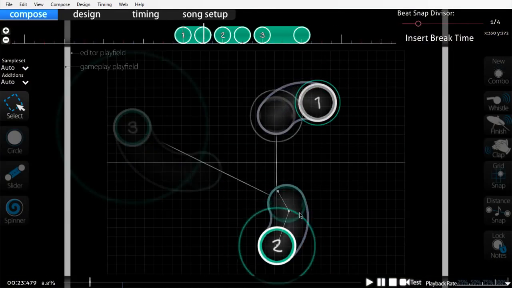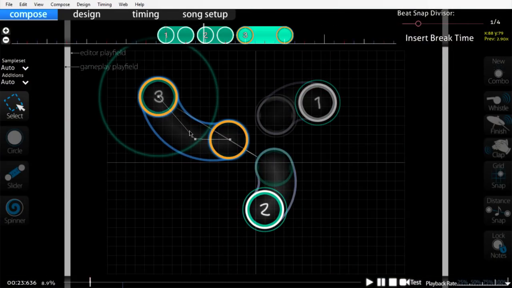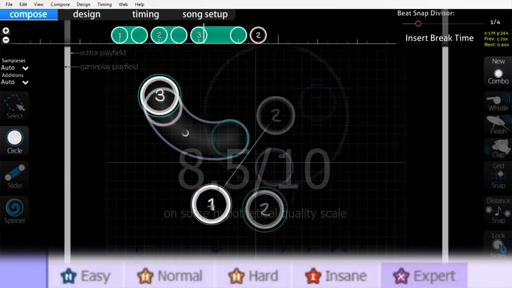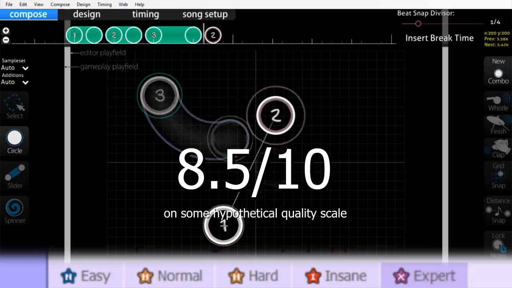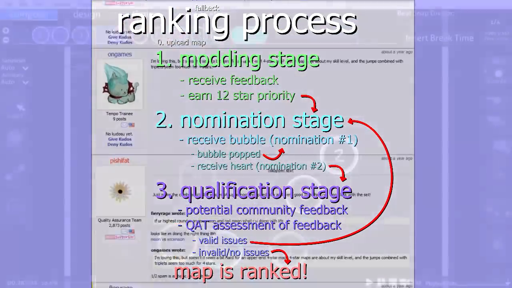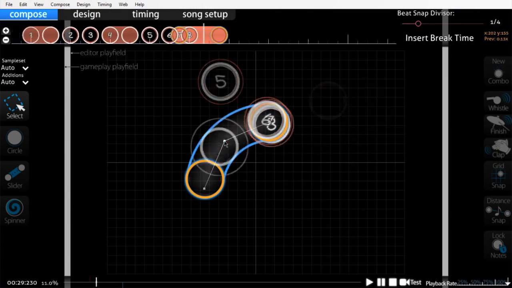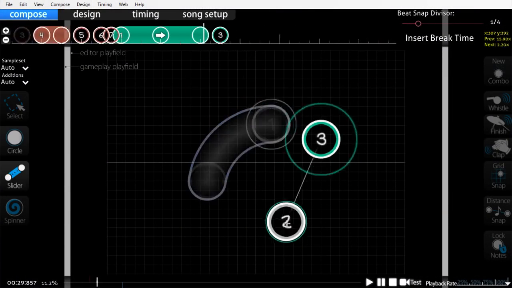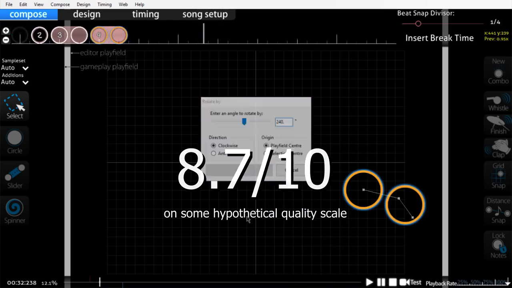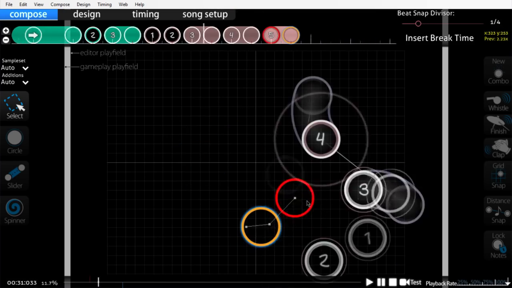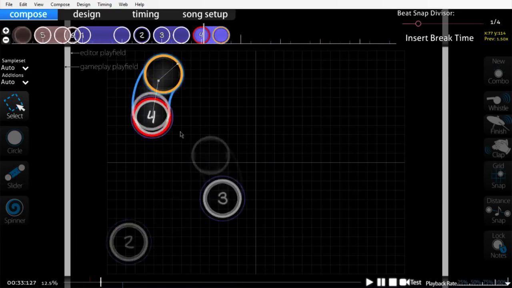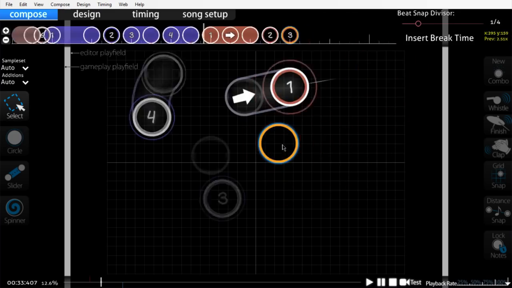Like, imagine this sort of situation. I'm an experienced mapper and it takes me about 6 hours of work to make a full map set. Overall, its quality is about 8.5 out of 10 right from the get-go. Working through this whole long ranking process is meant to improve my map, but over the course of another 6 hours of improvement, the map's quality only goes up to an 8.7 out of 10. It's a negligible difference, yet it's considered normal for ranking a map, and I find it to be mostly unnecessary. A time-consuming waste that you should unfortunately be prepared for if you try to rank your map.